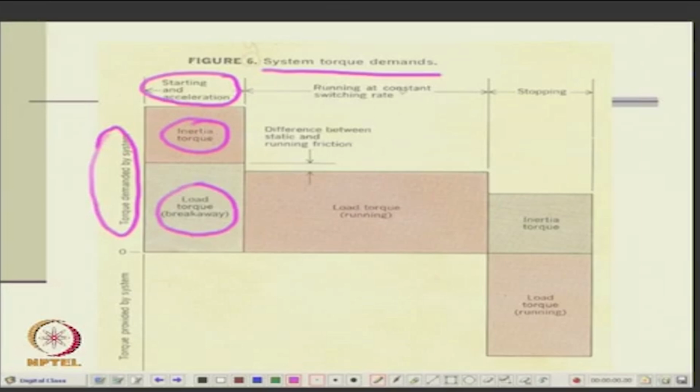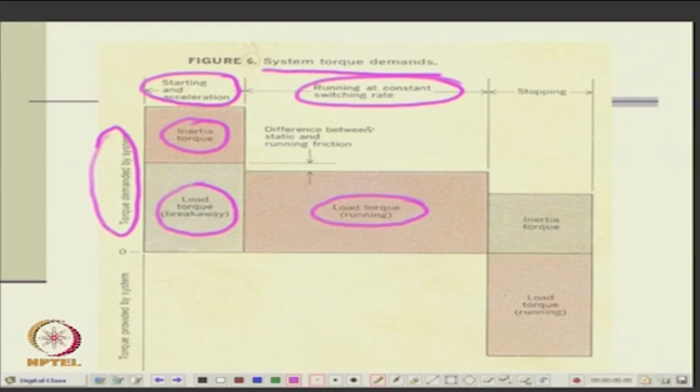That means you have dx by dt or d theta by dt, J d square theta by dt square, J omega, whatever, okay. This is the torque demanded by the system, and then running at constant rate. Now you have a constant switching rate, it is running at some speed. Then there is a load torque, running torque,